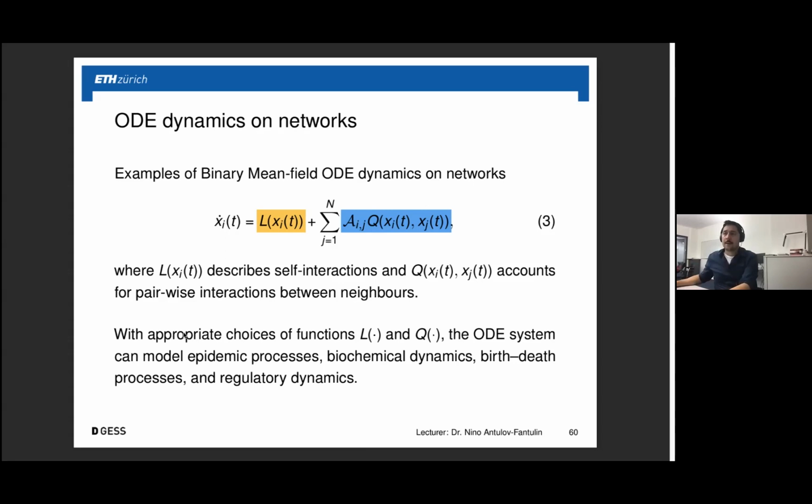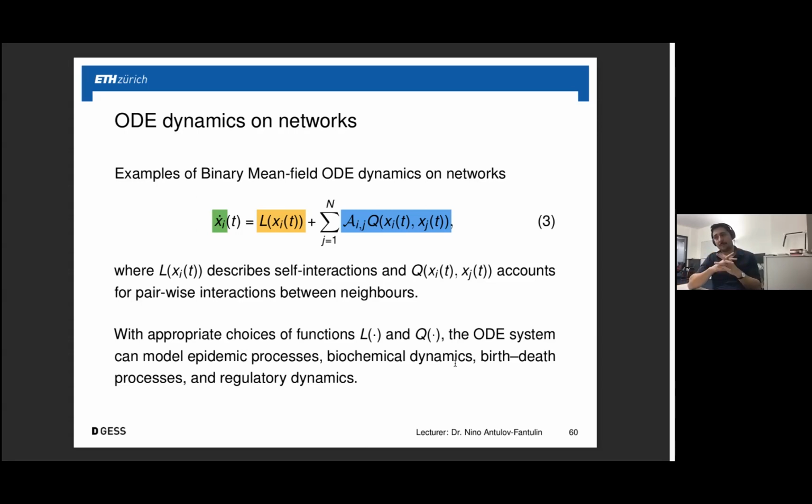Okay. With appropriate choices of these functions, L and Q, these ordinary differential equations can model different types of processes. For example, we can model epidemic processes where then xi, the derivative here, xi would say, for example, what is the probability that a certain node is affected. Okay. We can model biochemical dynamics, where xi would say what is the quantity of a certain reactant in, for example,